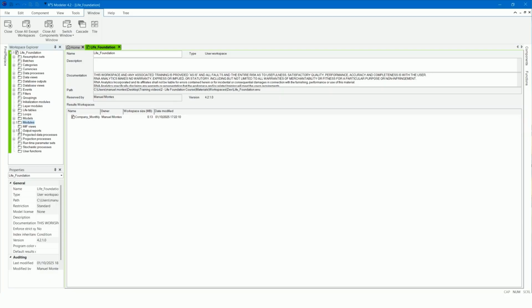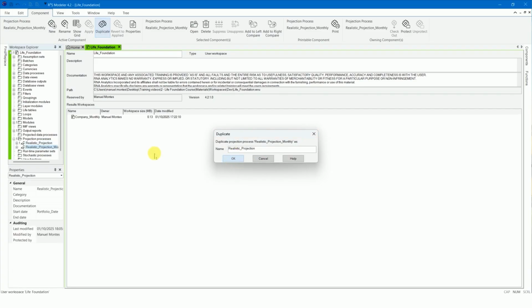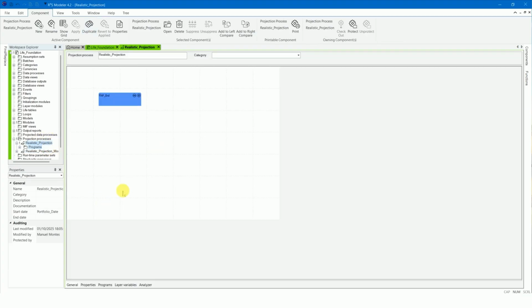Duplicate the projection process realistic projection monthly and give it the name realistic projection. Adjust it to use the Endowment NP module.